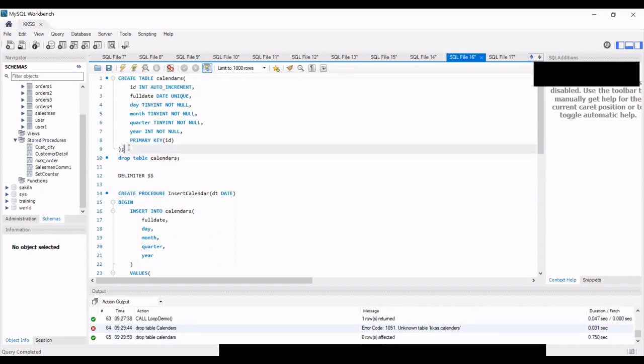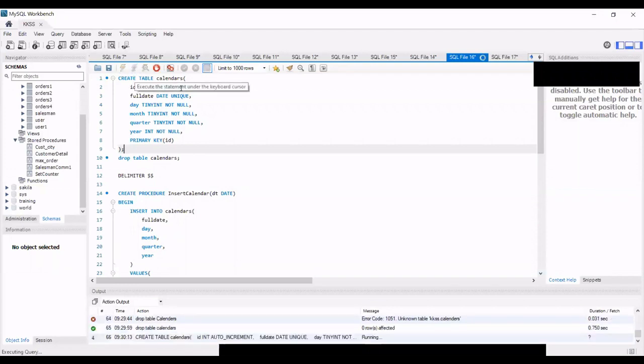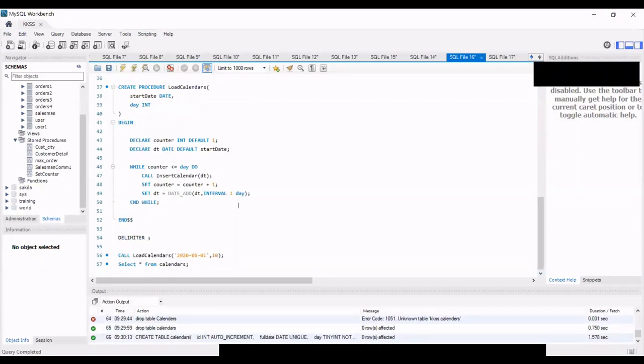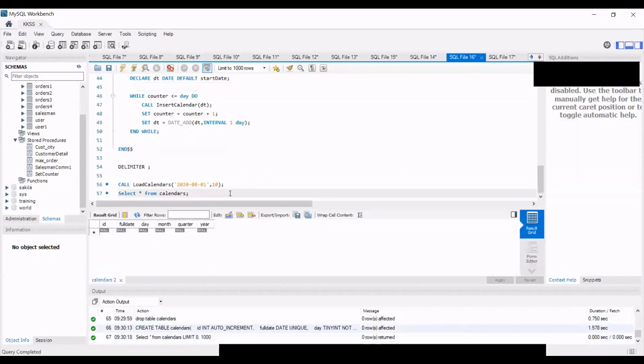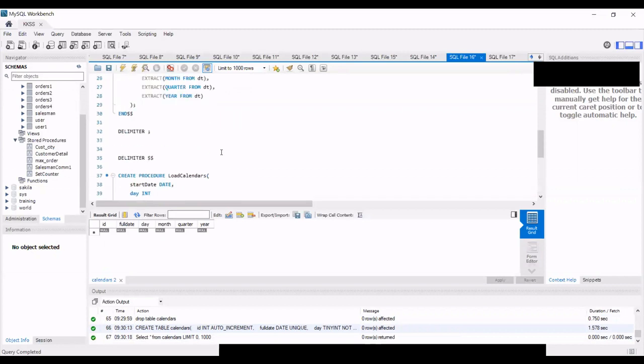What we'll do is create a new table called calendar. It will have ID, full date, and days, month, quarter, year, and our primary key would be ID. So we have created a table, and if I select on this table, we don't have any value as of now.